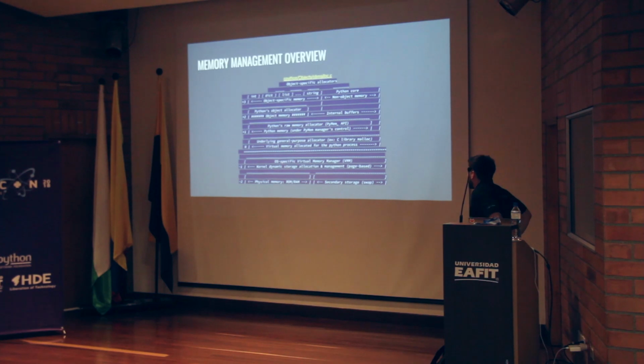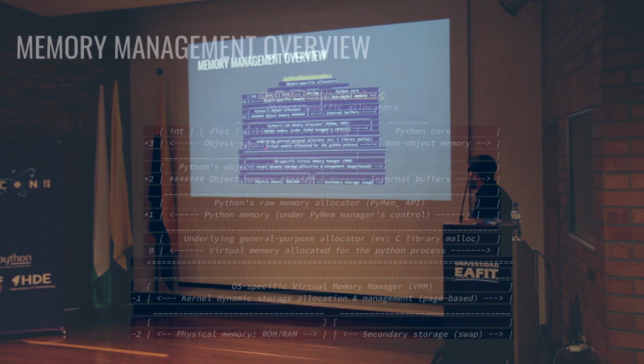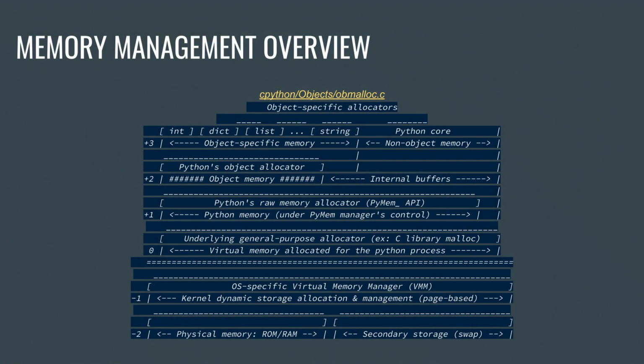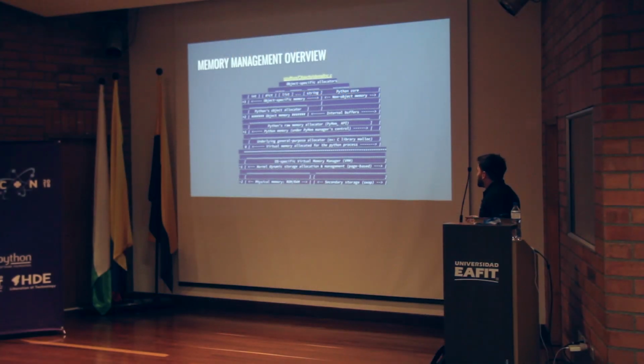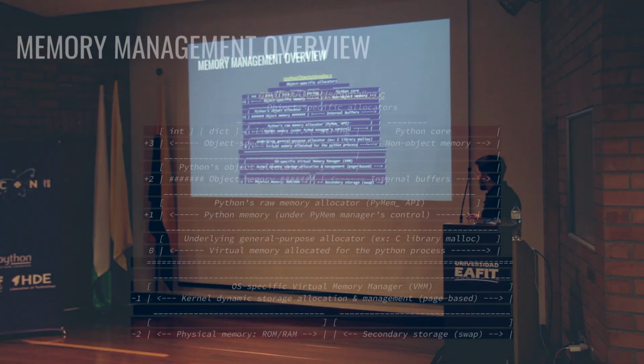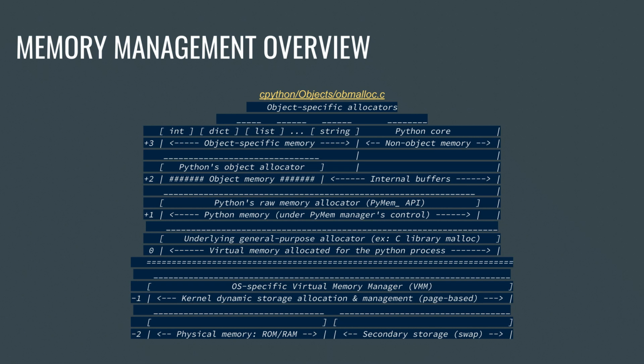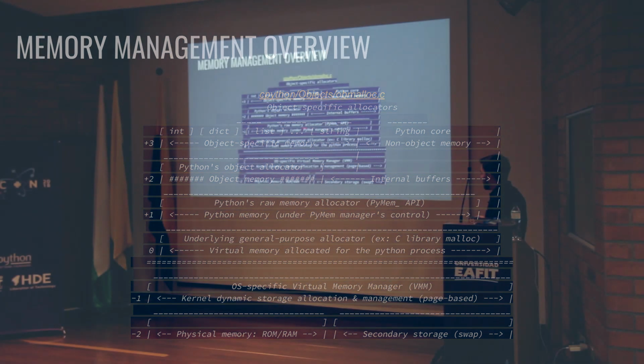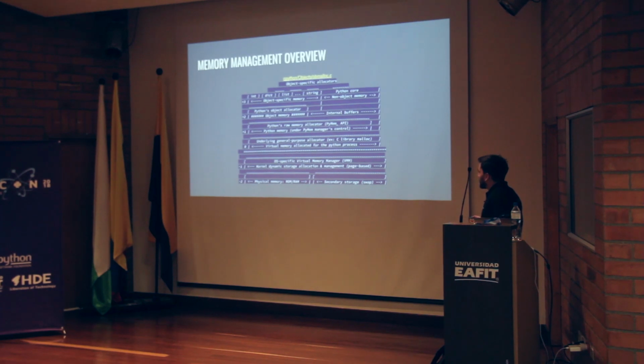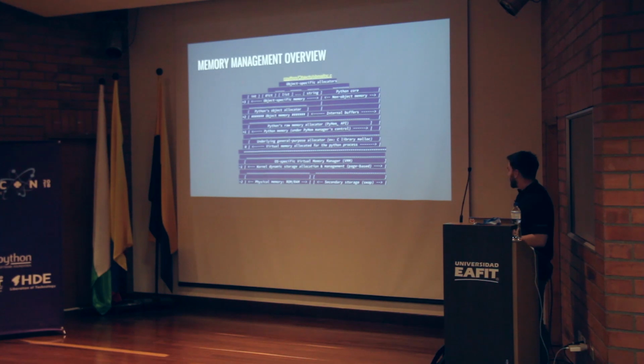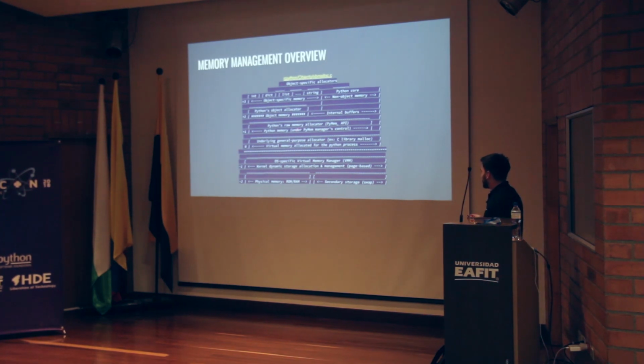Okay, what's important here? You can basically ignore these three things because those are out of your reach, and also kind of this one. This is management of Python virtual memory. This is where all allocation to the heap happens. Every time a Python process needs more memory from the system, this is where the memory is being allocated.